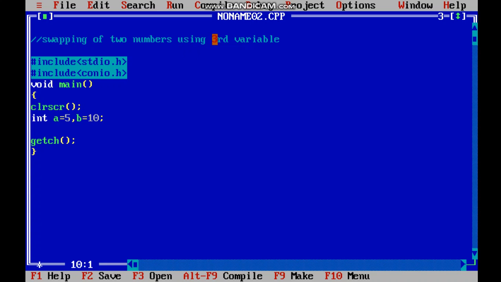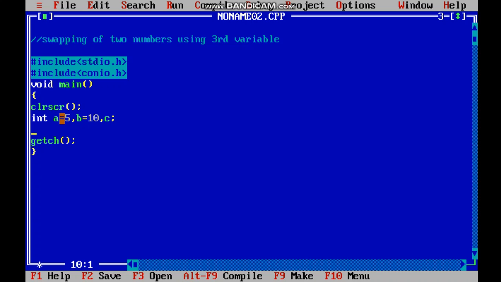As our question says we have to use a third variable, so it makes it very easy. Let us create C. Now see guys, suppose I will insert a's value in C, right? And then I will take a to be b, that is a will get the value of b, 10.